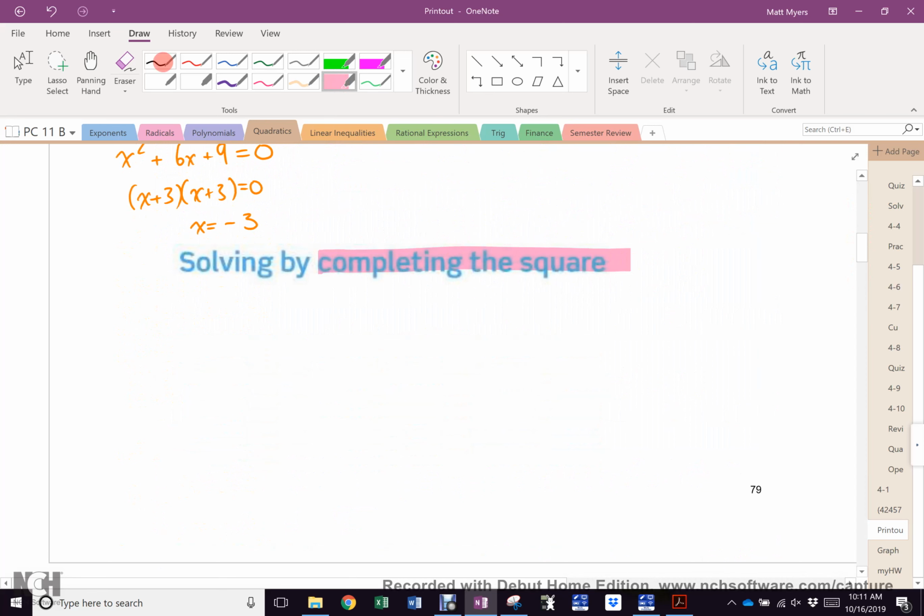Okay, so down here, solve by completing the square. Now remember I told you there are lots of ways to solve these quadratic equations, yes? We've done the first one, which is factoring and equals 0. Everybody cool? Okay. So if I were to give you this one, x squared plus